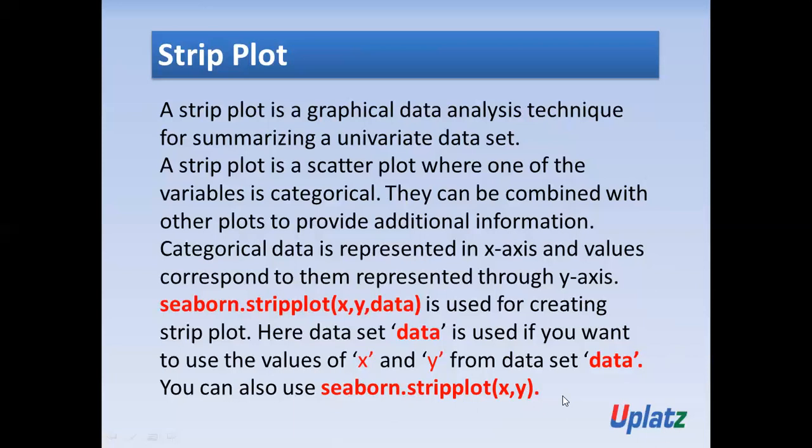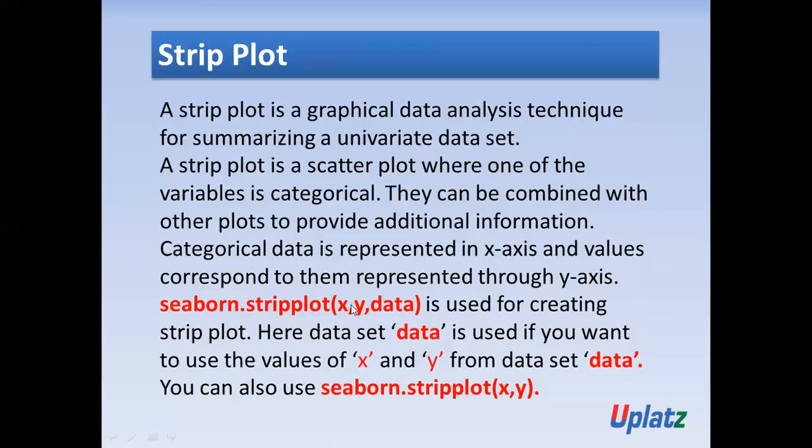But if you have a data set, we already know how to load the inbuilt data set. Yes, we have seen that. So if you want to use the inbuilt data set, or create a strip plot with the help of a data frame, you need to write the function seaborn.stripplot(x, y, data). Here x is the data that you want on the x-axis from the data frame.